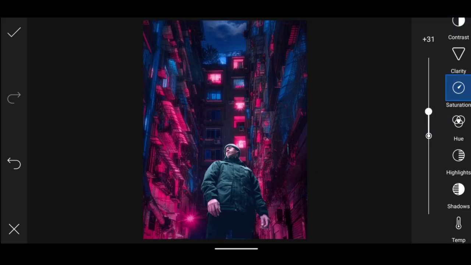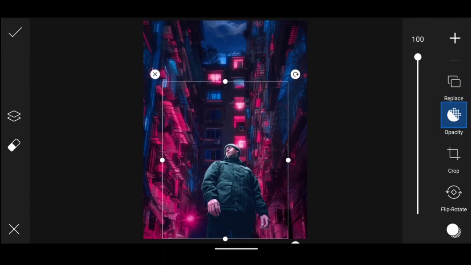That's it. And these values are not constant, so for each photo it will be changed. But the hue value is a constant. Keeping the hue at -20 to -30 gives you the red effect, and decreasing the temperature to blue gives you the blue tint. So this is the concept of cyberpunk. And then click check. Now we are going to add some more highlights.